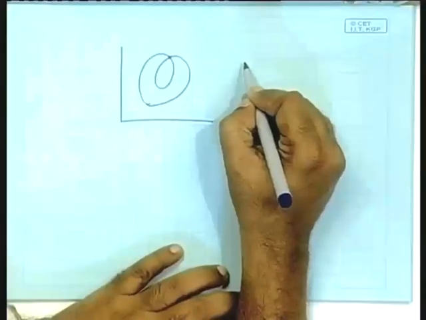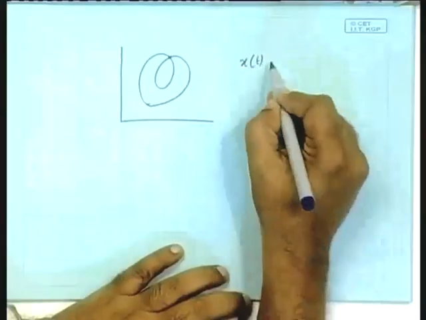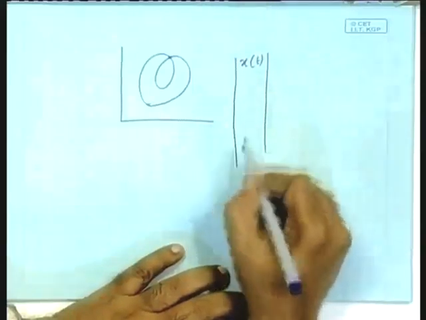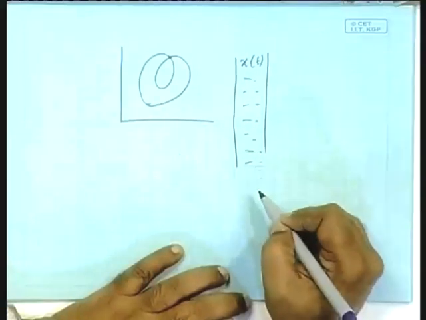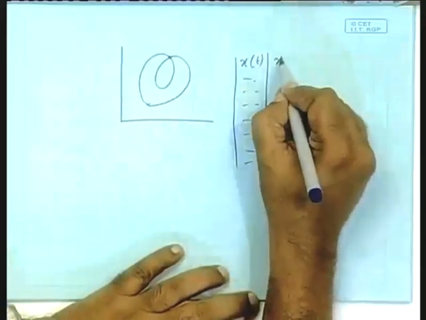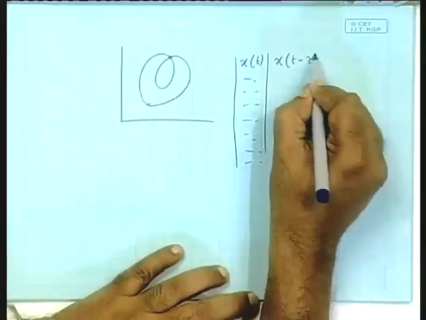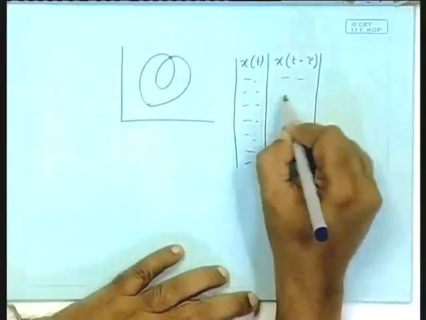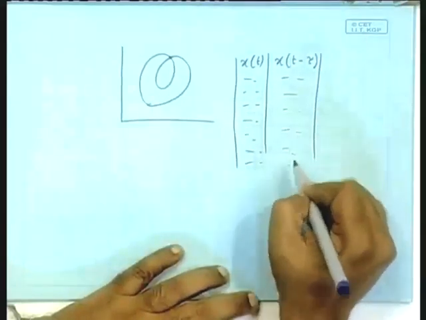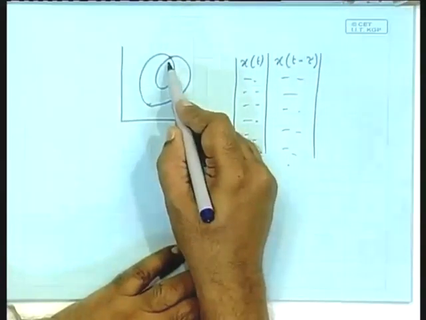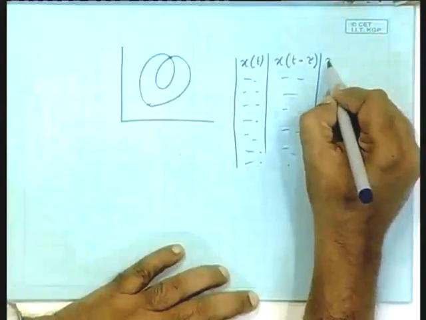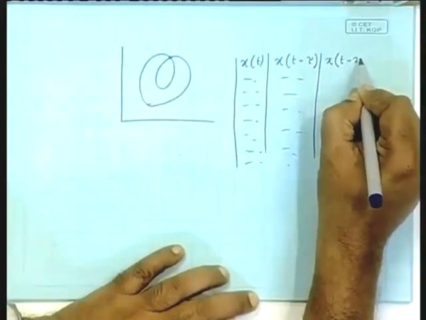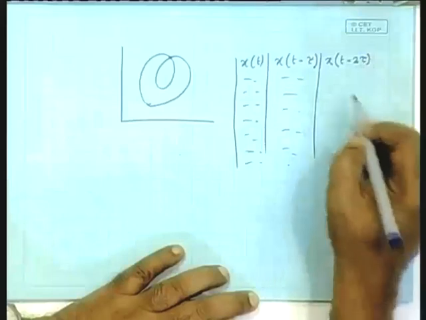So we had generated the time series by saying that one is x of t, this is one set of data, that is what we had started with. Then we said that x t minus tau is another set of data generating this. The moment you have an intersection, you know that you need to increase the number of coordinates that you generate. So you do it as another set of data,